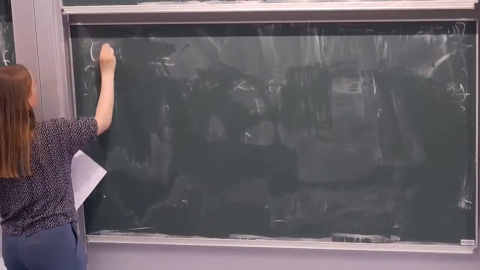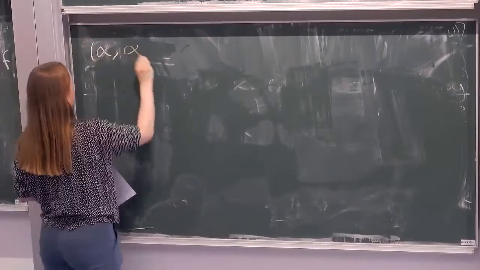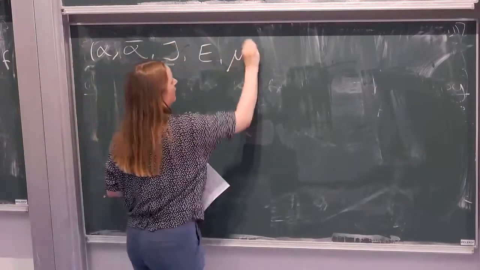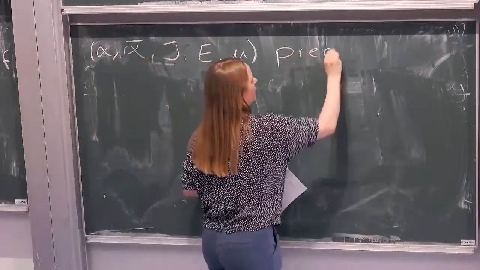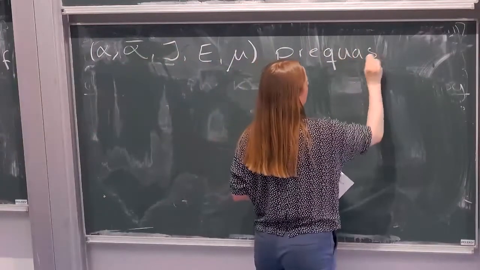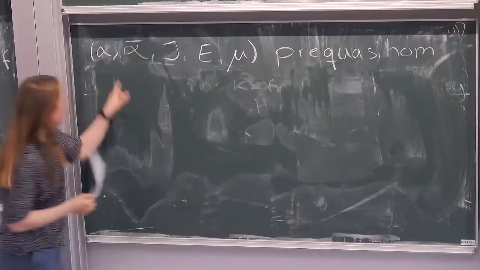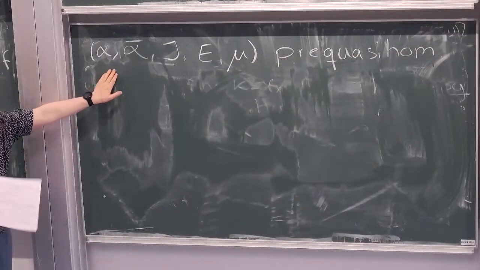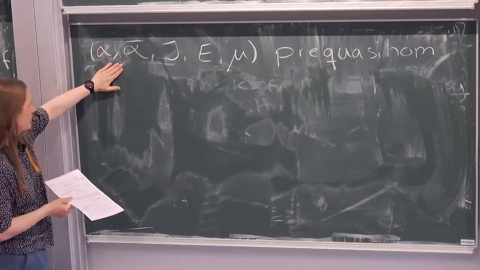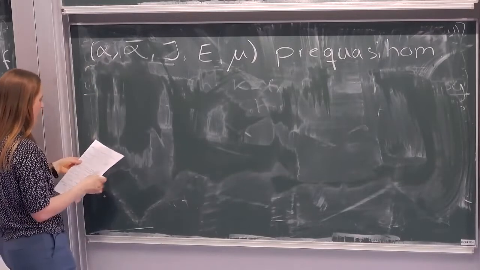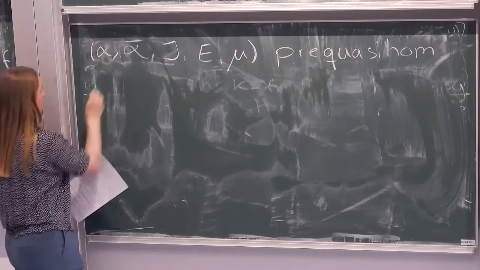If we have this tuple J, E, mu, if this is a pre-Cuntz pair, I didn't use that notation before, but we also use the notation with this tuple instead, if this is a pre-Cuntz pair from A to B,